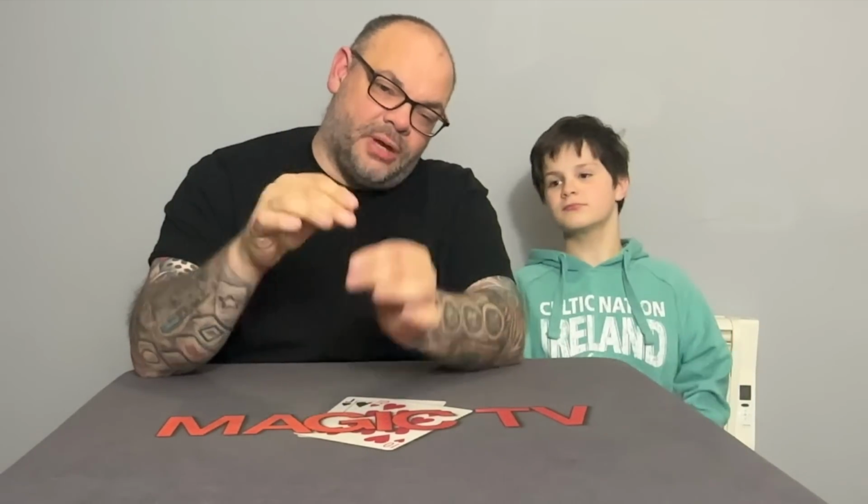So that's the effect. The effect is that you have a 3 of hearts. The 3 hearts amalgamate together in the middle and then they turn into a big heart. It turns into like an ace of hearts and turns into a big heart. Where do I begin with the problems? A lot of the problems...